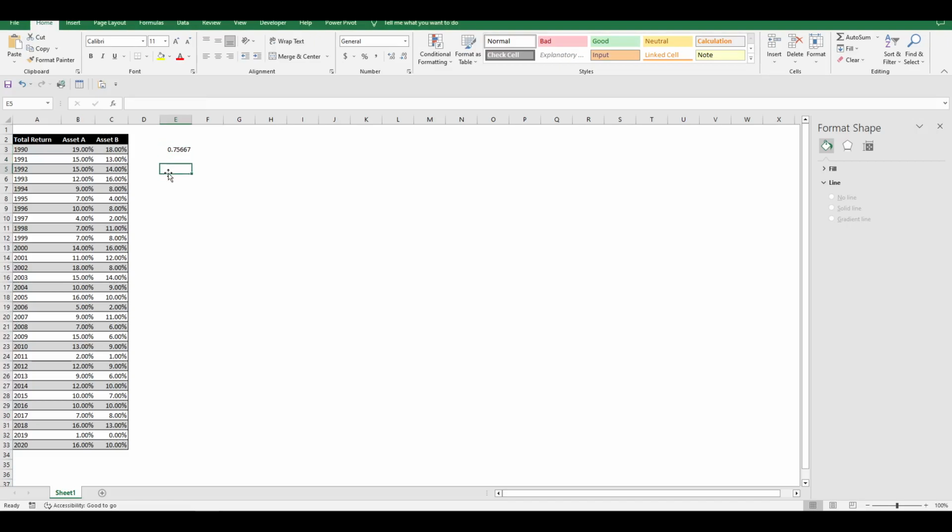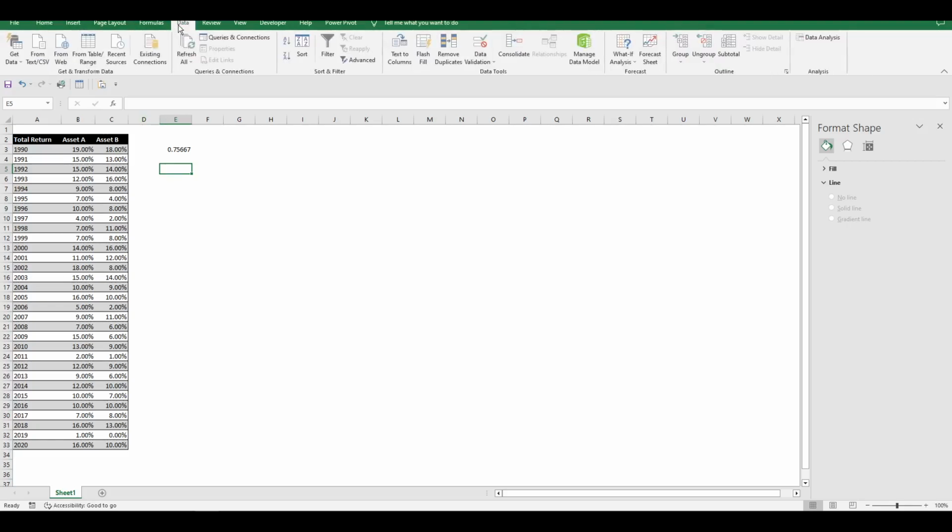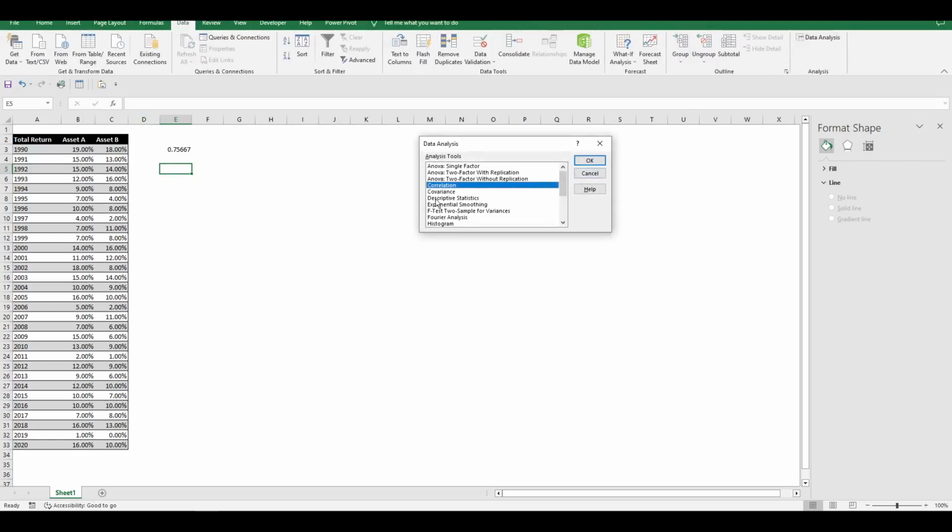Another way to estimate the Pearson correlation coefficient is to use the data analysis tool pack that provides a correlation matrix. So from the menu bar, we check data, data analysis. From the scrolling list, we select correlation.